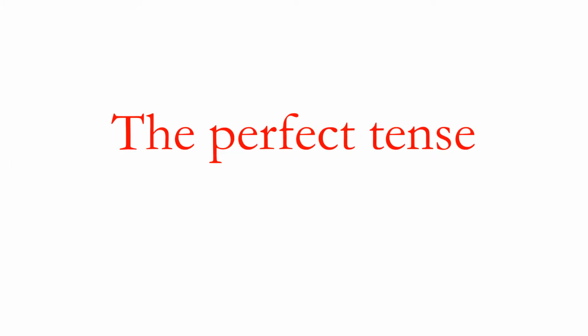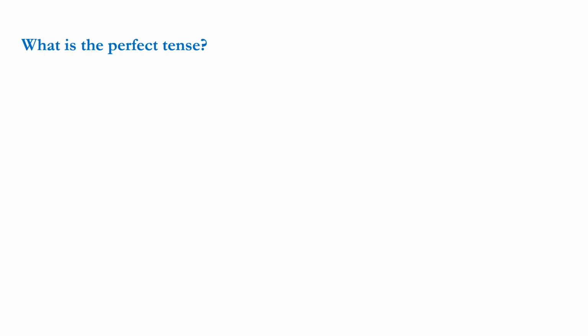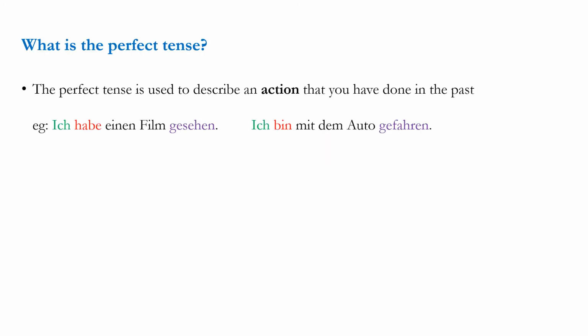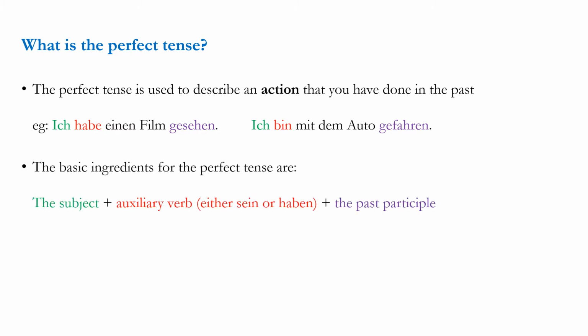We're now going to look at the perfect tense. What is the perfect tense? Well, the perfect tense is used to describe an action that you have done in the past. For instance, ich habe einen Film gesehen. I have seen a film, or I saw a film. Oder ich bin mit dem Auto gefahren. I travelled by car. The basic ingredients for the perfect tense are the subject, which I put in green, ich